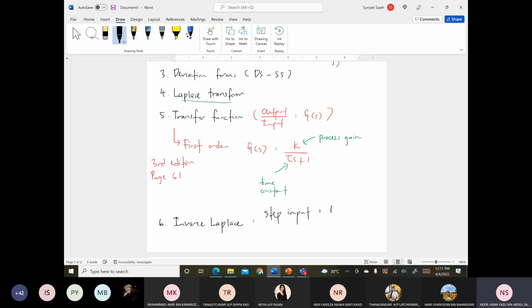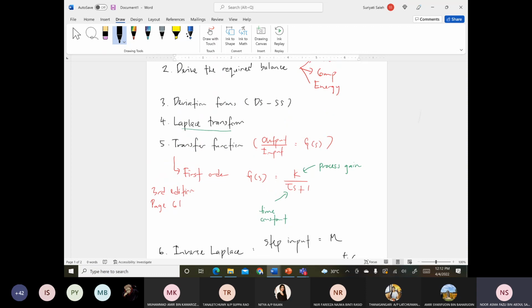let's say step input with the magnitude M, then your inverse Laplace in the time domain becomes y(t) equal to KM times 1 minus exponent negative t over tau. So this is the standard form of the inverse Laplace for the first order. So this is the thing that you need to understand. Because here right now we want to obtain